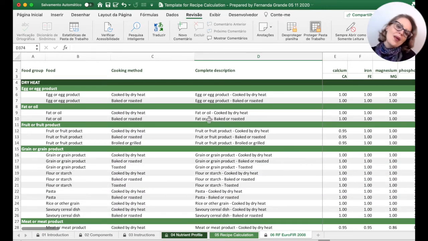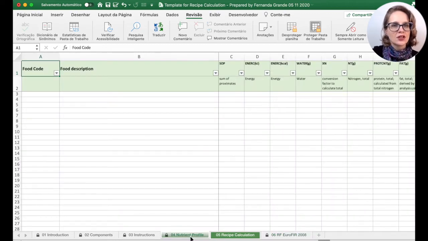So let's go back to the two spreadsheets where we are going to insert the information that we need to make the recipe calculations. So the first one is this spreadsheet number 4, namely nutrient profile. So here is where we are going to insert the information from our food composition table regarding the nutrient